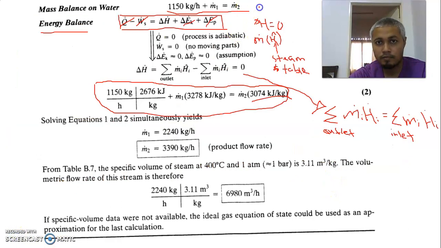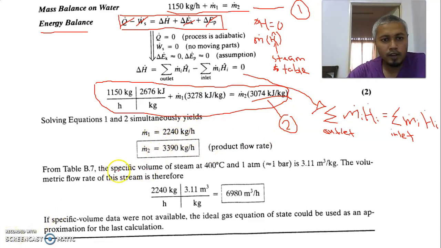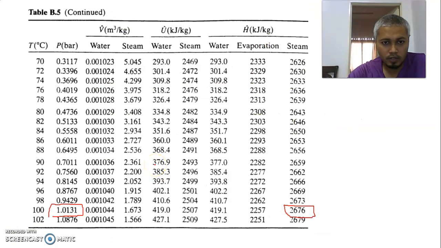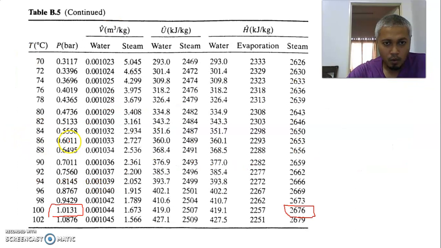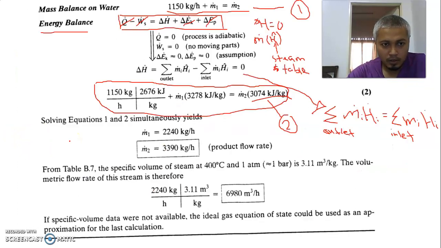Since we already have 2 equations here, this is the first equation, which is the total mass balance. Also, this is the second equation, okay, energy balance. So we can solve it simultaneously to get the value of M1 and M2. Now we need to find the value for volumetric flow for the source. If you go back to the flow chart, okay, we need to find the volumetric flow rate here. Okay, we already have the mass flow rate. What we need to do now is,